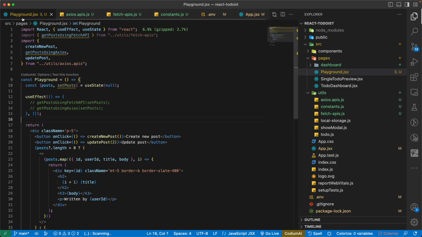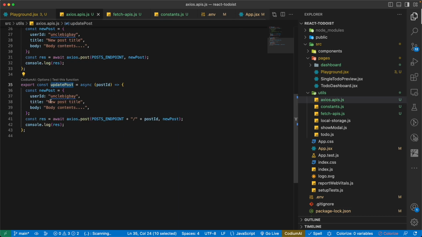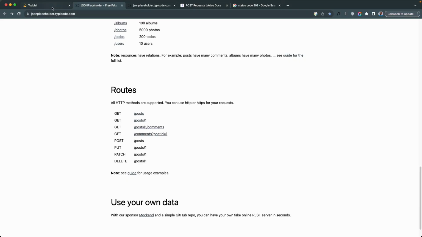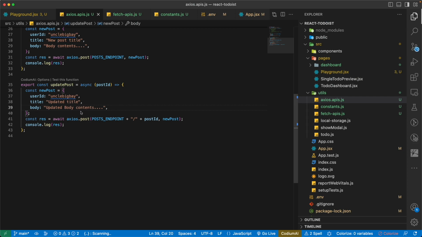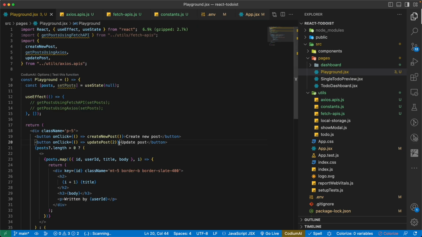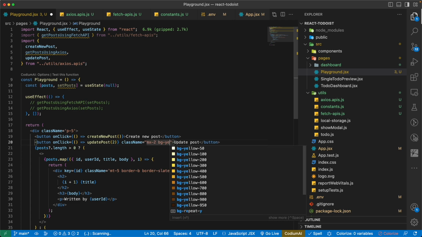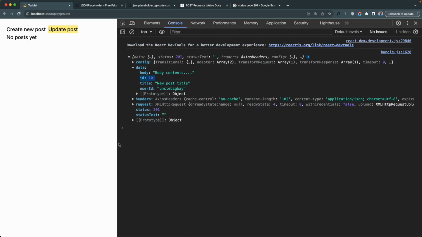And then we can also pass the data here, but we don't want to be creating forms, so we just make a static one here. So we just change this to updated title and updated body content. So if I come here and click on, let me style this a little bit. There we go. So if I click this,